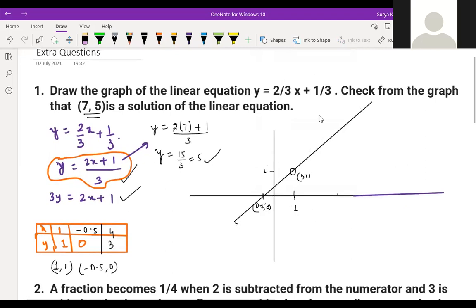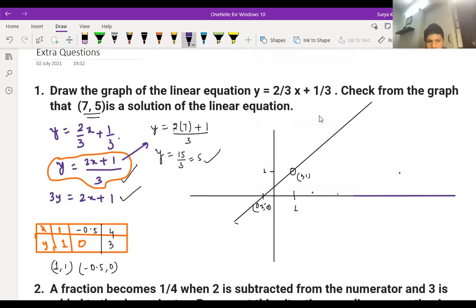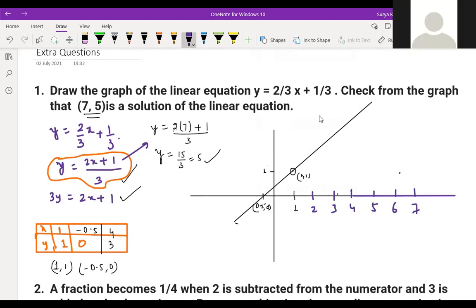This line I'll extend over here. Okay, understood. This line will extend here. I just mentioned here 1, 2, 3, 4, 5. That line only you have to extend till 7, because x is 7 here, no? Okay. And then you get the answer.